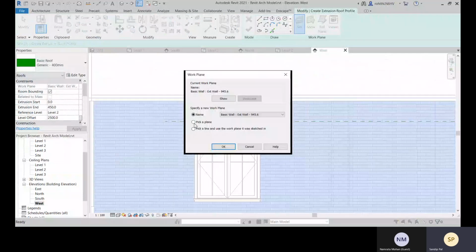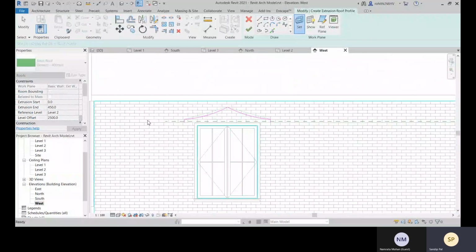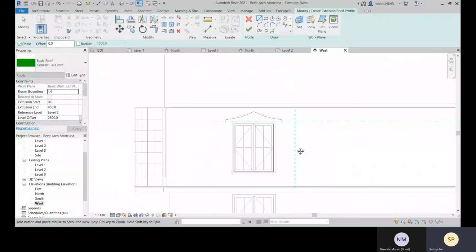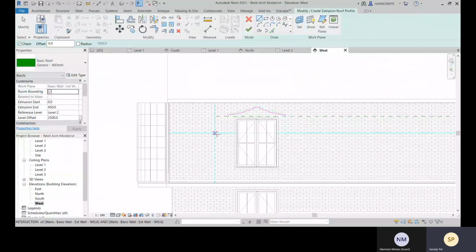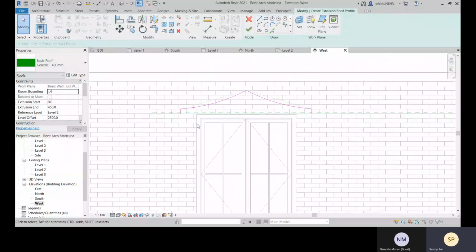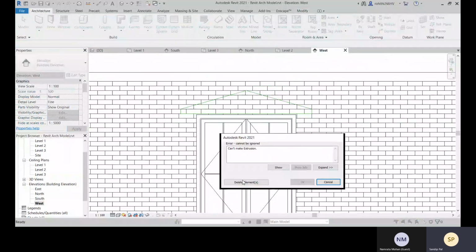Let's set the profile plane, and profile is set accordingly. And we have created this one. So let's give it a minus value and let's see.